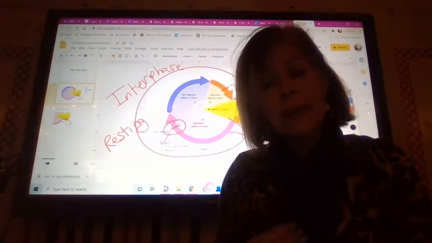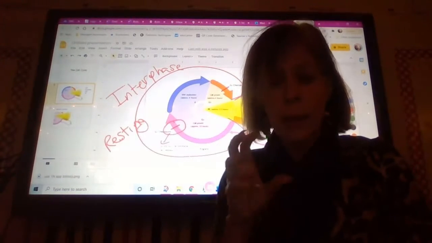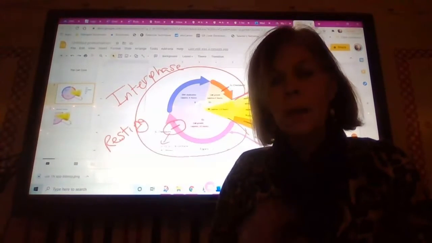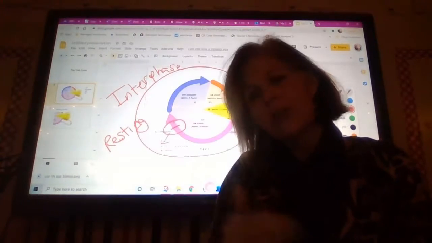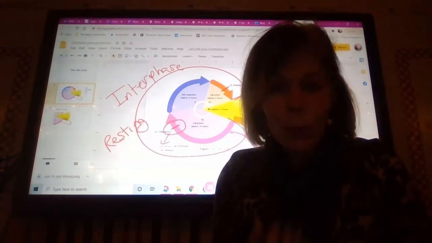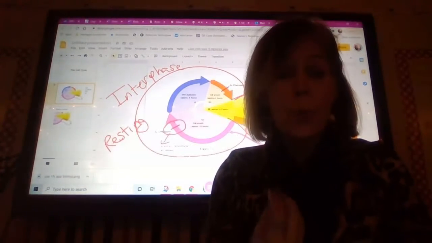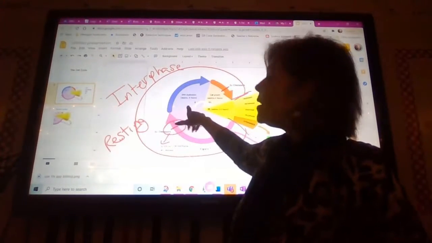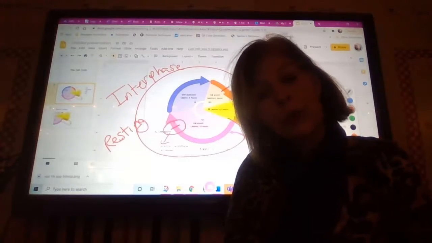And if a normal cell says, no, not yet, it'll stay in gap 1 phase. If it meets all the check marks criteria, it'll move into the S phase. S is synthesis. When you synthesize something, you make, okay? And this is where the DNA is duplicated,